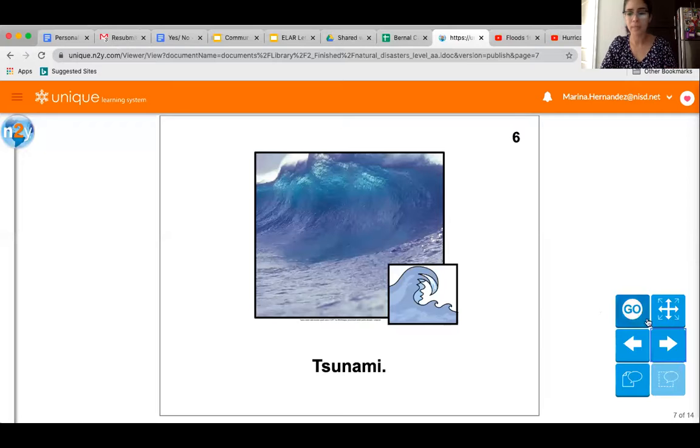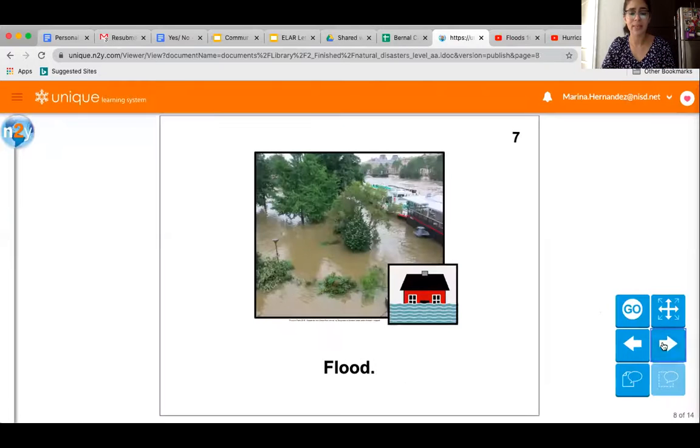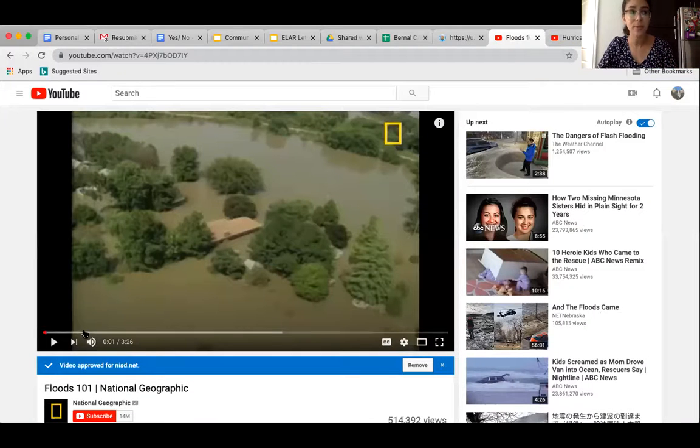Okay. Let's go to the next one. This one is a flood. Now, I think most of us have witnessed a flood or two because they usually come before hurricanes or storms, right? And that's when the water rises very, very rapidly. So look, check this one. This one, perfect example, Hurricane Harvey, right? In Houston.